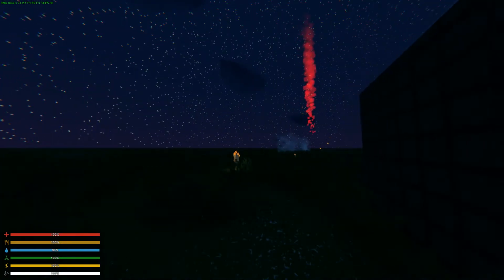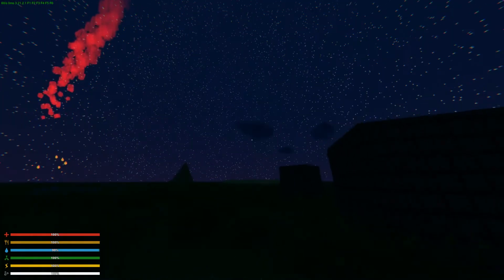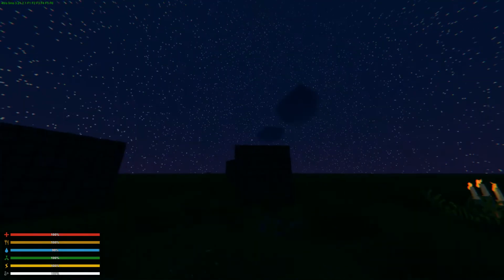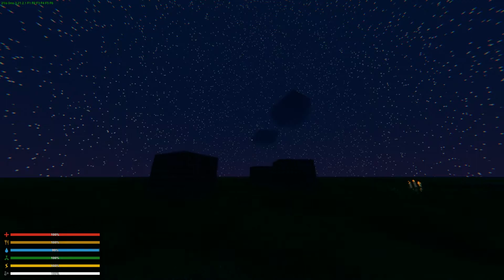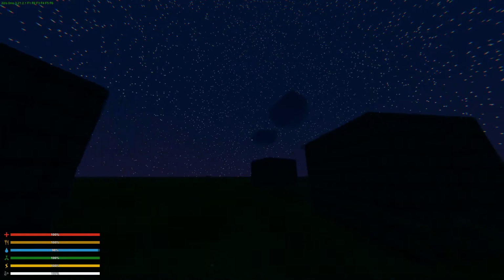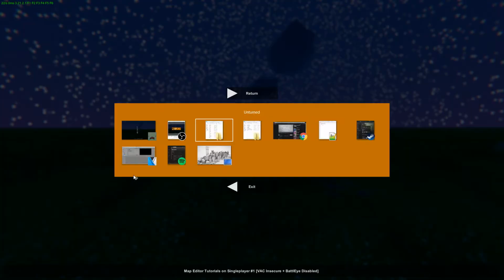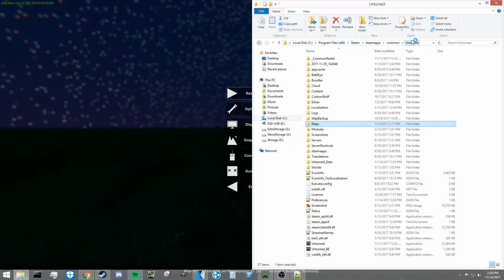Today in this Unturned map editor tutorial, I'm going to be showing you guys how to add the Aurora Borealis to your map. I'm also going to be covering a few other things that are related, and so let's get into it. Alright, so one of the first things you're going to need to do is navigate to your Unturned